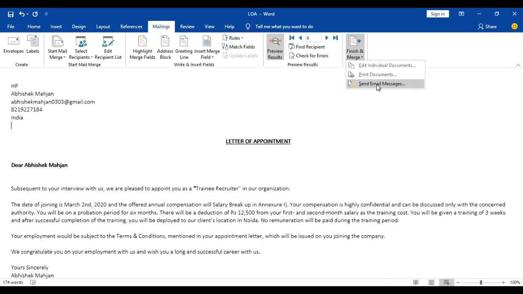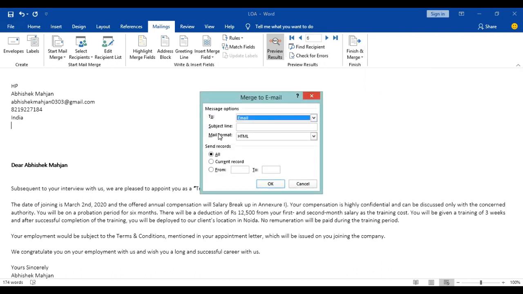Now when I click on Send Mail, you can see a few options. In the To section, I want to send the letter of appointment through email. In the subject line you have to mention Letter of Appointment. Now you can select a format.